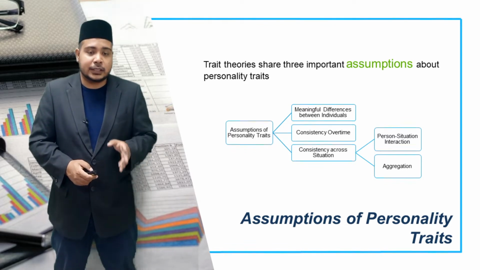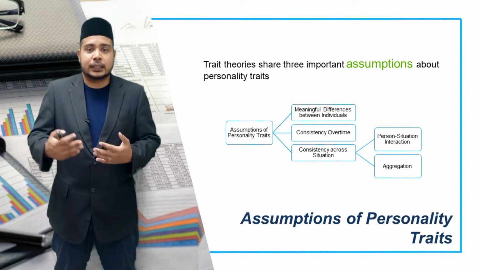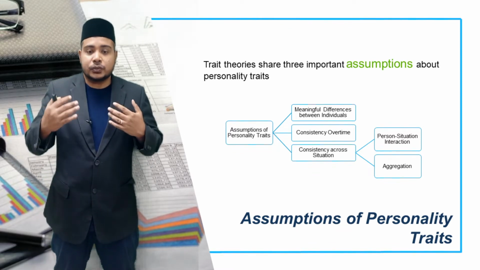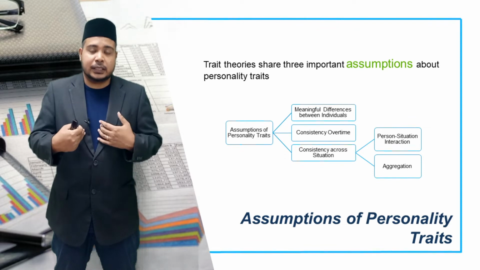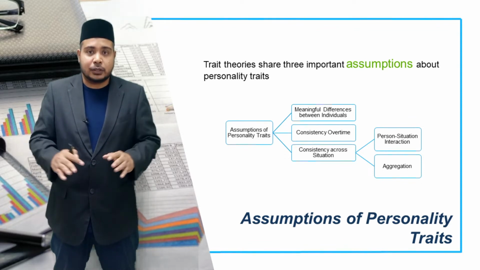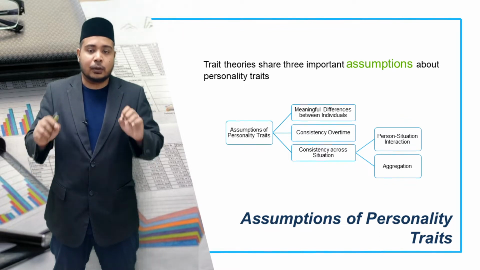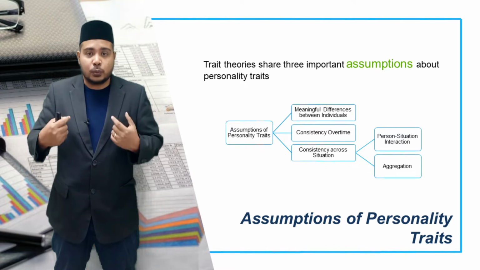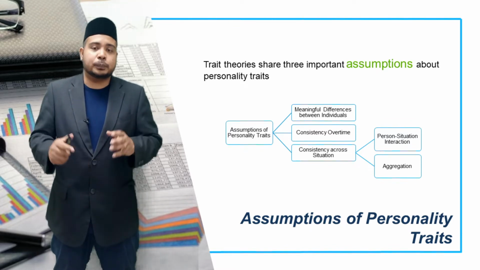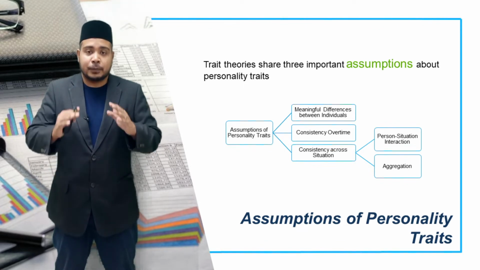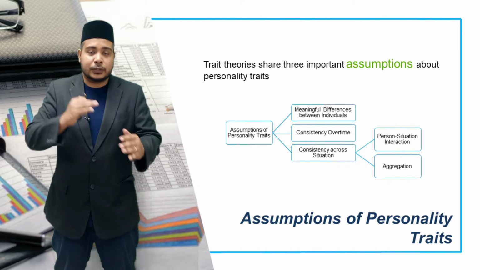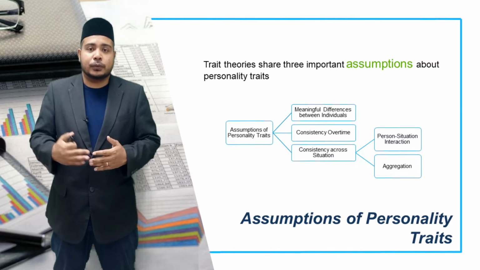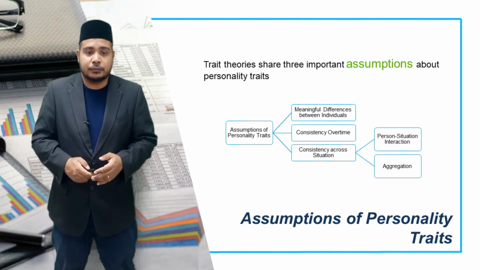Okay, now in the consistency across situations as well, we are going to discuss how personality psychologists explain why there is interaction between our personality and the situation that we are living in or currently occupying. So how those situations and our personality traits interact to influence our behavior, and we look at how personality psychologists try to understand these different situations with regard to our personality based on the aggregation or average of our behavior, or the tendency of our behavior.